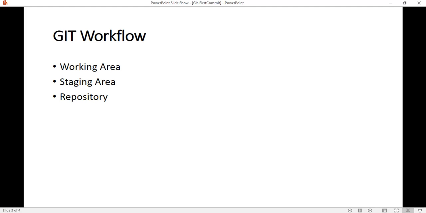After that, we commit our changes using git commit, and then it goes to the repository. Then we push our changes to GitHub. So these are the three main things in the Git workflow.